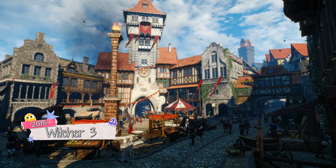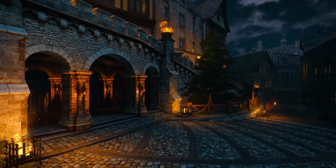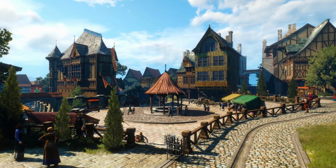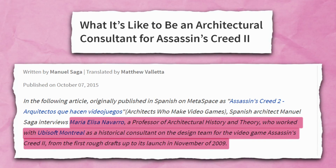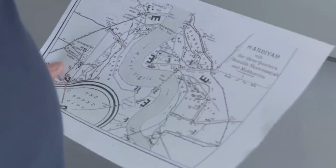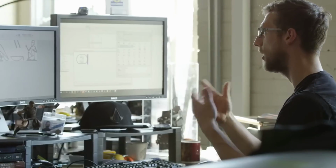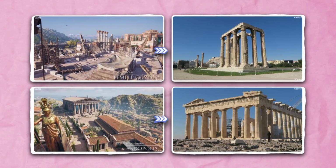Because architecture has become more and more important to video games, a growing number of architects have entered the game design space. Ubisoft uses architectural consultants to make Assassin's Creed games feel as real as possible. Consultants usually begin working on games early in the design process. One of their tasks is helping identify real buildings that existed during that time period and figuring out what those